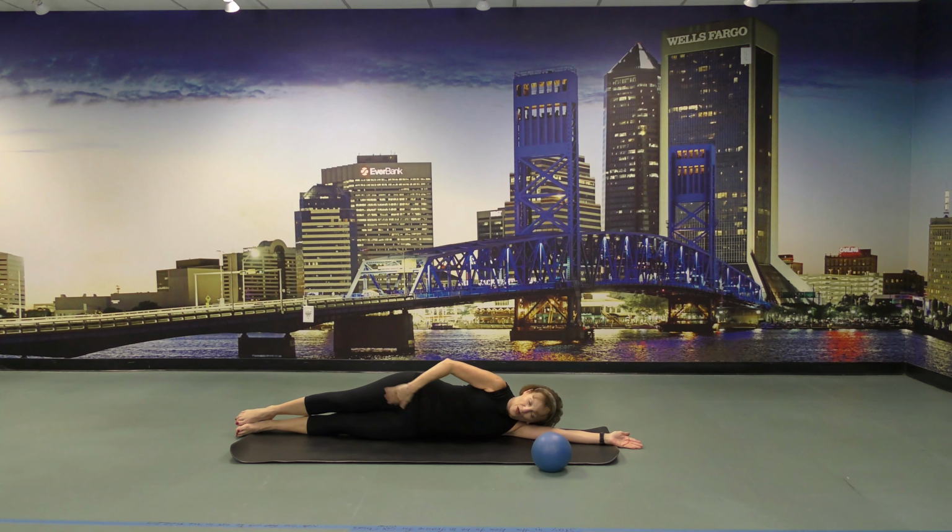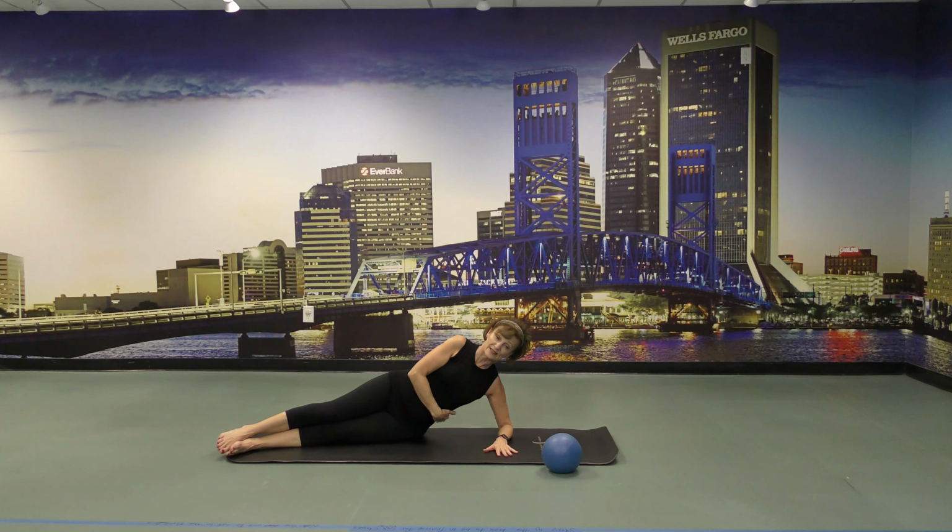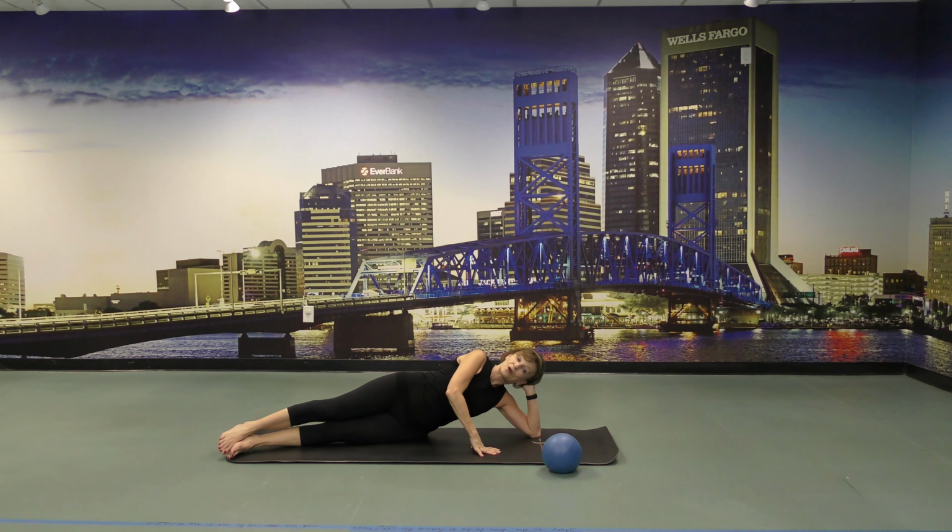Starting so you're one straight line. Take the legs from the hip hinge and slide them so you're angled from the hip to the corner of the mat like a banana. The arms can be down by your ear. You can use a towel. You can come up to your elbow and keep the waist lifted, or you can take your hand behind the head. So tonight I'm going to have this alignment here